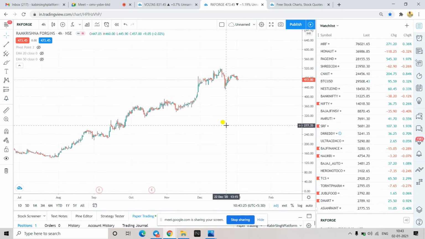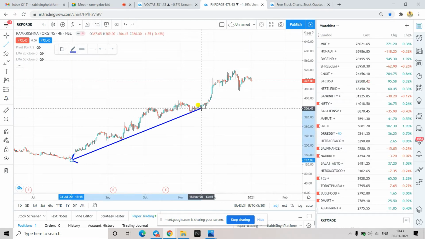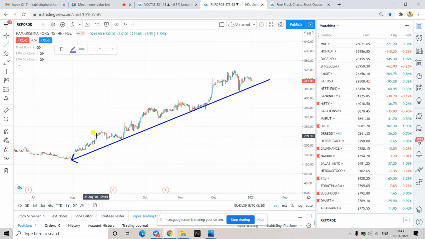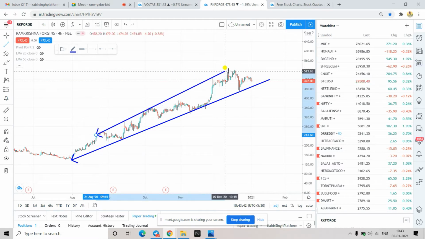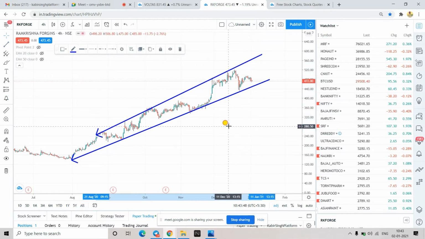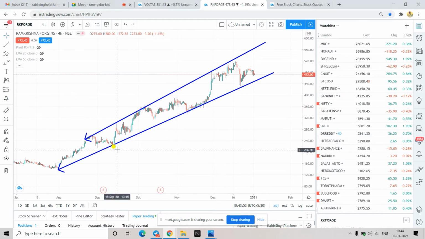So if you could see here, just connect these bottoms. From the top also you can draw. It's a simple thing. You can understand how the price is respecting. To validate, it is validated here and here. So this complete area is your trading opportunity. Here there is one trading opportunity, and here there are multiple opportunities which you are getting.